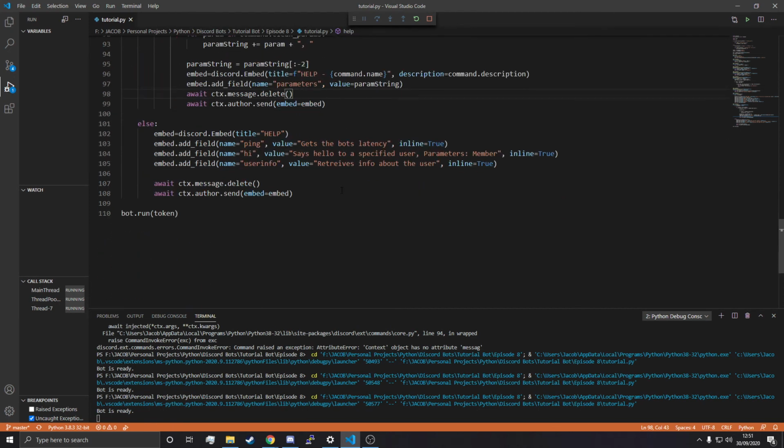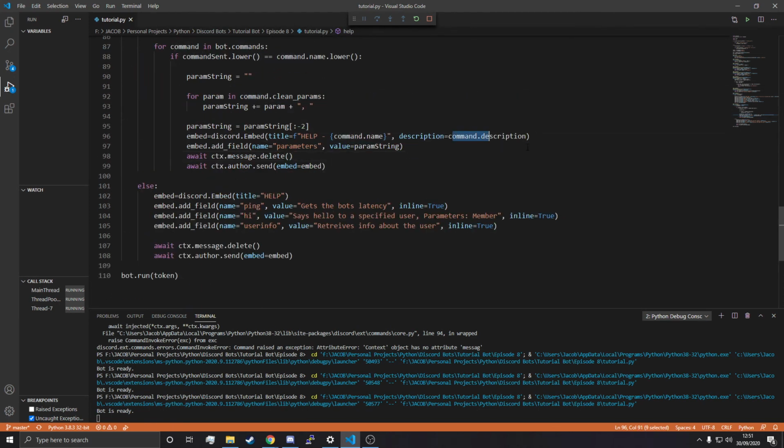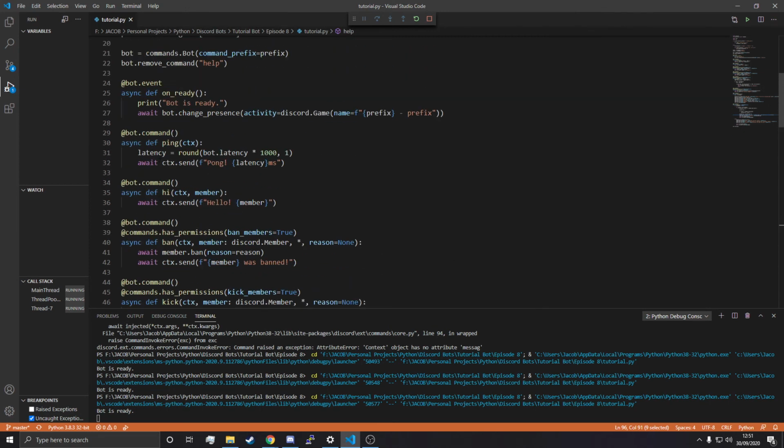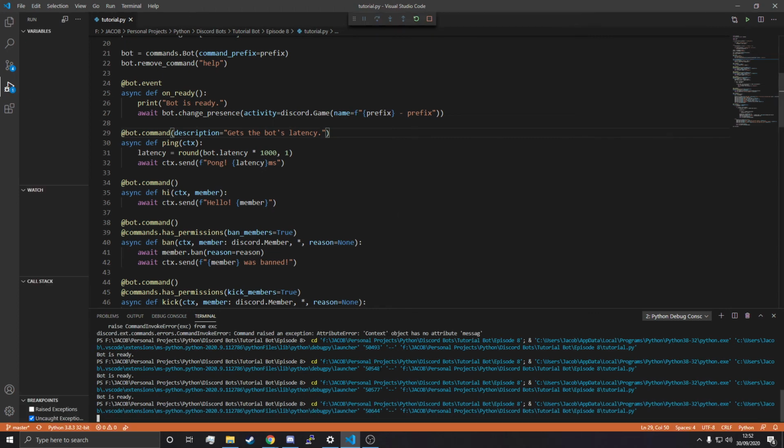So in order to set a description for a command, you need to come to the command. We'll just use ping as an example. And in the brackets where we call bot.command, we're going to say description equals, for the ping command, it gets the bot's latency. Okay, so I'm not going to bother updating all the other commands right now. I will do that off camera. But if we restart,